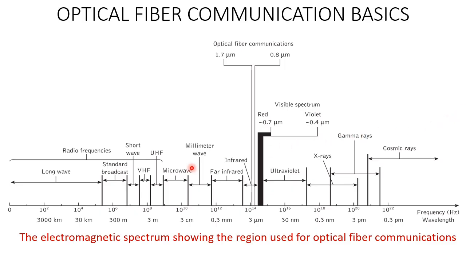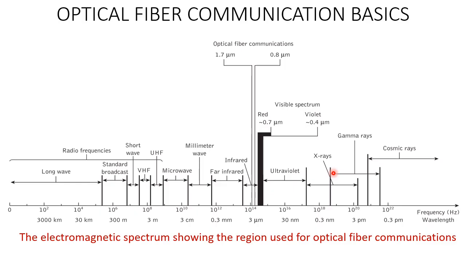The diagram shown here is the spectrum of the electromagnetic wave. You can see this range is called the RF range or radio frequency range, and this particular range is most of the time used for communication systems, different types of communication systems. This is the microwave range, this is the millimeter wave range, and if you go to the higher frequency ranges, these are the cosmic rays, this is the gamma rays, this is the X rays. So it is showing all the